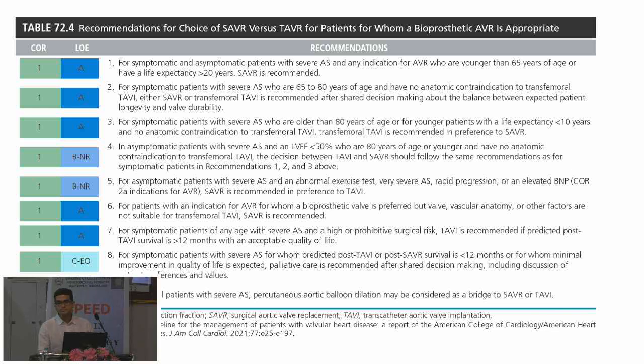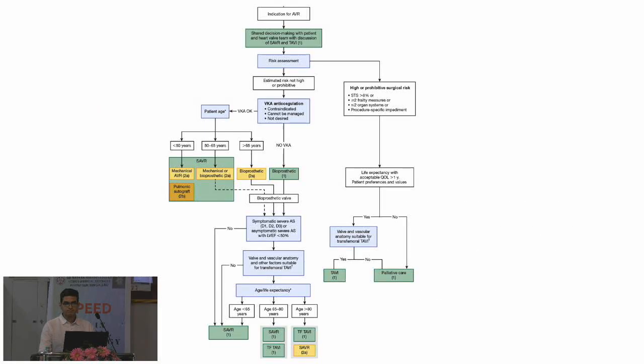In one of the exams two years back, the earlier flowchart was put up. So this was shown with empty boxes, and A, B, C had to be filled by the candidate. Some of these boxes were empty. Which class of recommendation? This was asked in one of the exams. So you need to know the flow diagrams of AS, AR, MS, MR in photographic detail, which has to be printed in your brain before the exam. You have to write it. There's no way out.